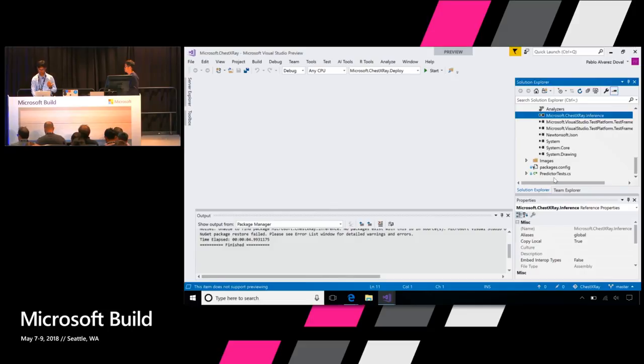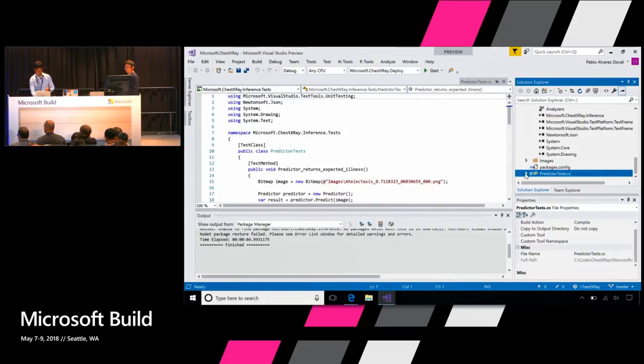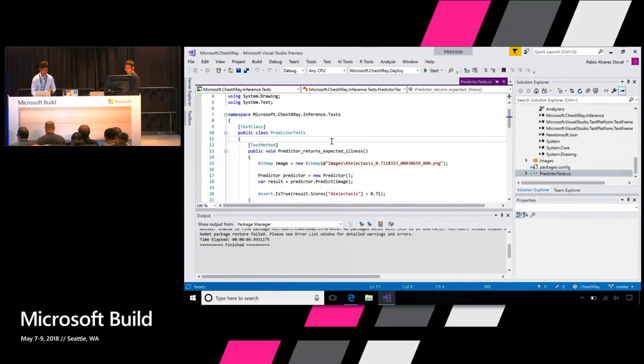Now for showing how this works, I created a predictor test. If I come over here, I'm just using that same predictor class to wrap around my libraries, and we're good to go. As simple as that, right? It's a very quick way of doing this, and I'm not reiterating much because you have already seen how you pull in a model and generate the C# code, which is super powerful.